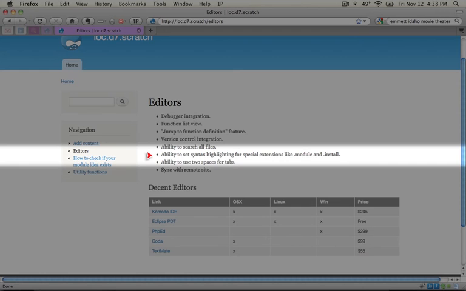Ability to set syntax highlighting for special extensions like .module and .install. You may have noticed initially when you open up a .module or a .info or .install file in your editor that it's not syntax coded to PHP. The reason for this is that .module and .install extensions aren't standard, but Drupal uses them to delineate between different PHP files. So you need the ability to set .module and .install files to be syntactically the same